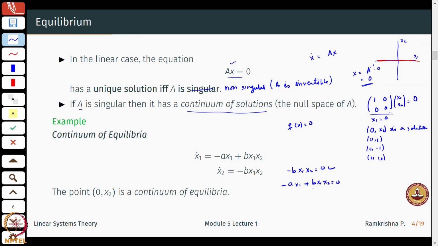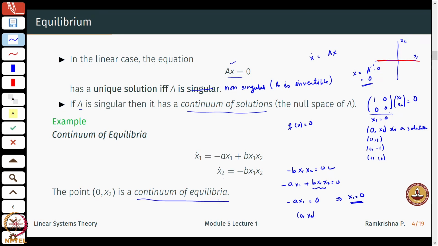From here I already know that b x1 x2 is 0, therefore, I am left with just minus a x1 equal to 0, which means that x1 equal to 0. So, this is the only thing that I can derive, and therefore, 0 and any x2 is an equilibrium point for this system,